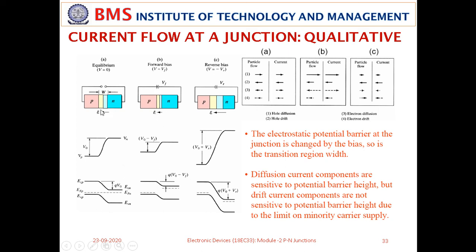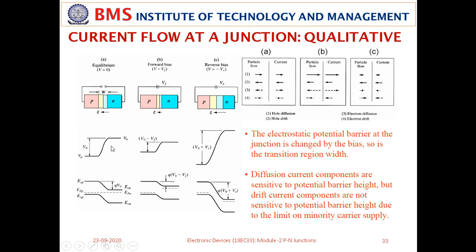So you can see the length also matters a lot here. A longer length means the field is more. Here we have shown a small length, which means the inbuilt field has decreased due to the applied field. It is acting from P to N, the applied field. The net field at the junction decreases, and that decreases the potential barrier. You can see V naught minus Vf is the potential barrier.